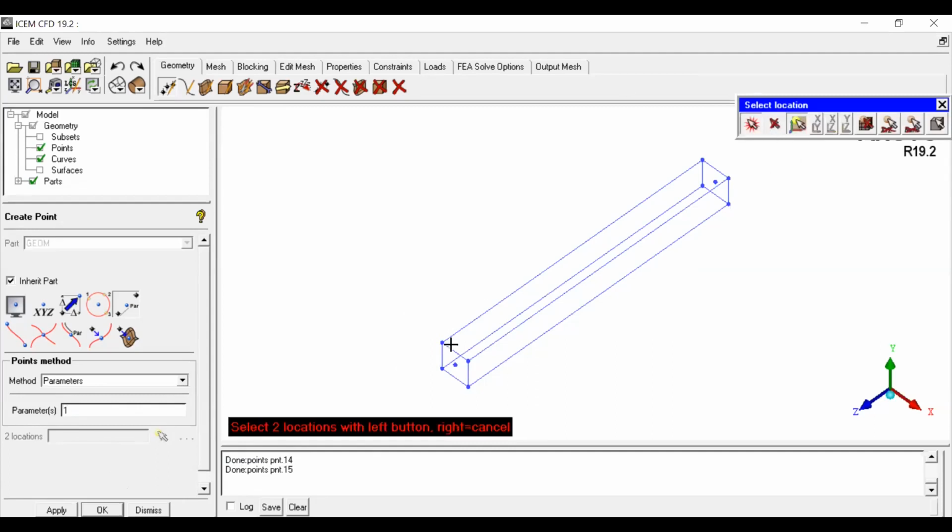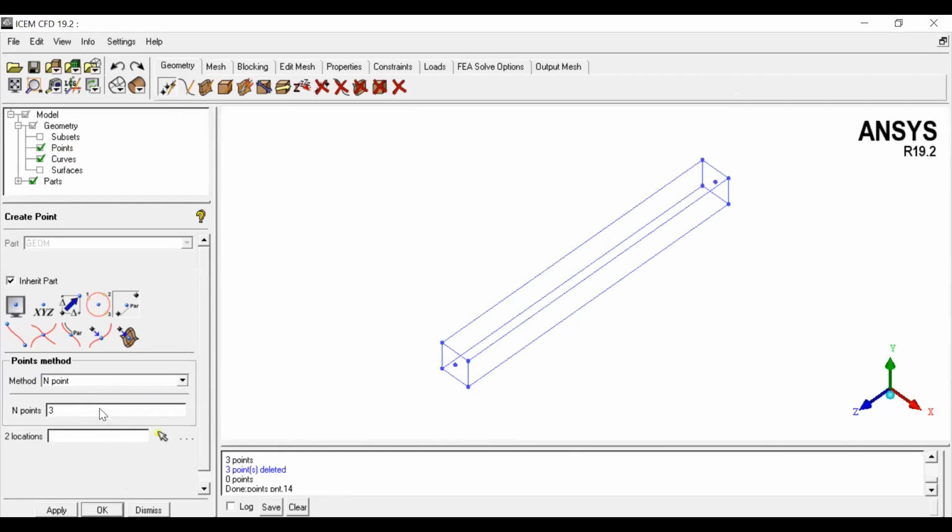Visible mode. Okay. Number of points we have given, let's say parameter. Yes. Let me give 2.